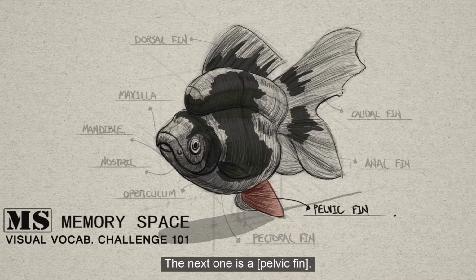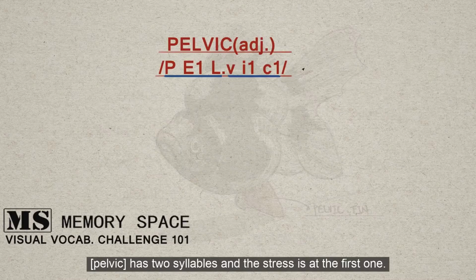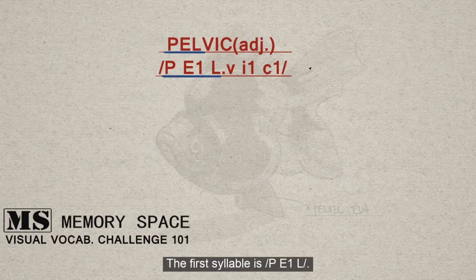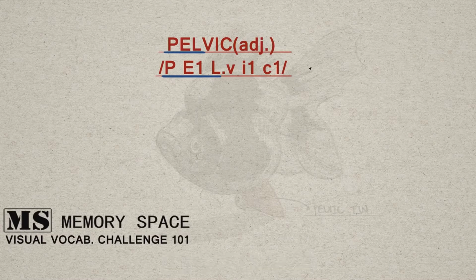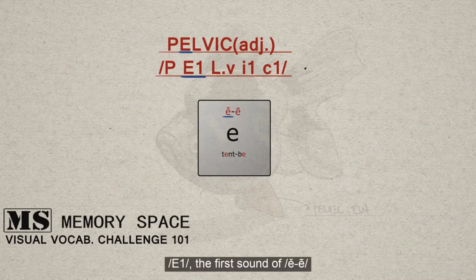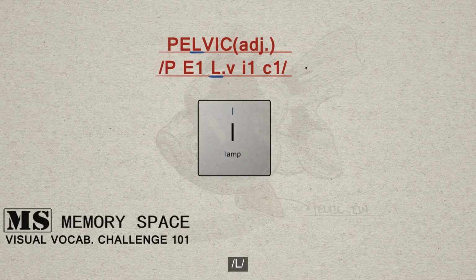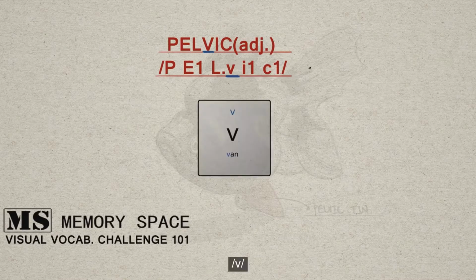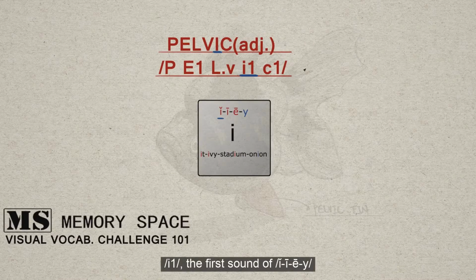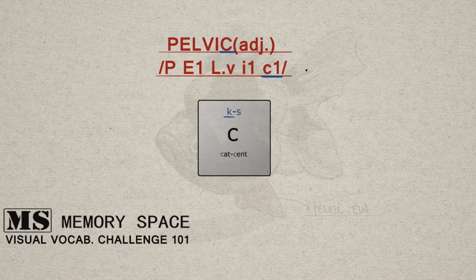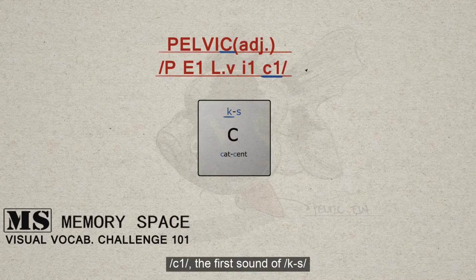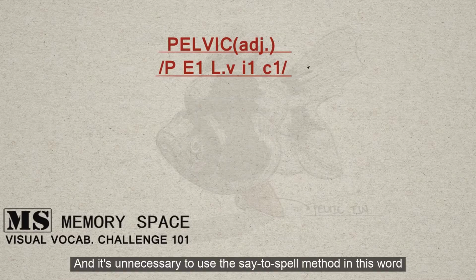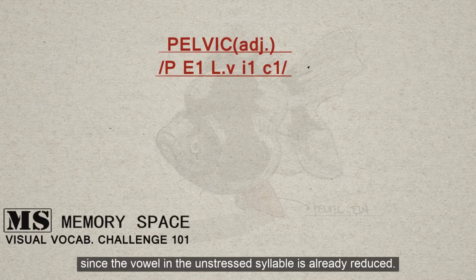The next one is a pelvic fin. Pelvic has 2 syllables and the stress is at the first one. The first syllable is pel, a. The first sound of a-e, o. The second syllable is vic, v, e. The first sound of e-i-e, y. The first sound of k, s. And it's unnecessary to use the say to spell method in this word since the vowel in the unstressed syllable